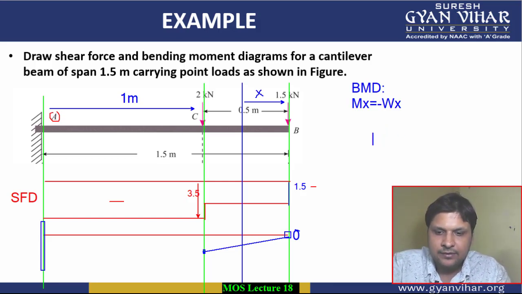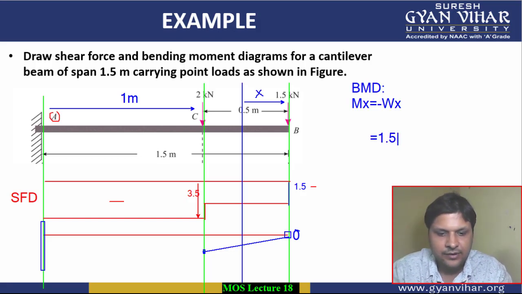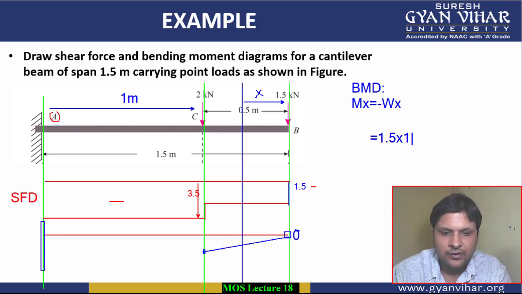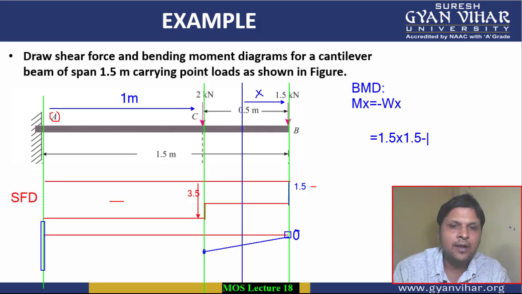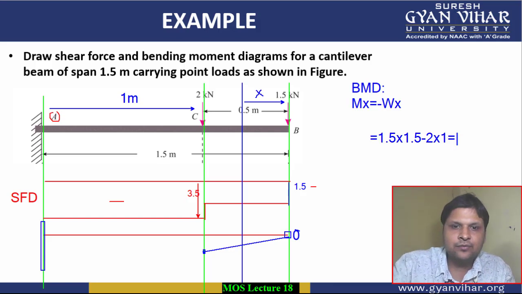So what I am saying is, students, that the bending moment at point A will be equal to: first force is 1.5 into, what is the distance from A to this 1.5 kilonewton force? It is equal to 1.5. And then the second force will again be of clockwise nature, so it will be taken as negative because we are considering the right section. Minus 2 kilonewton force into, what is the distance? 1 meter is the distance. Alright, and this will give you the value.